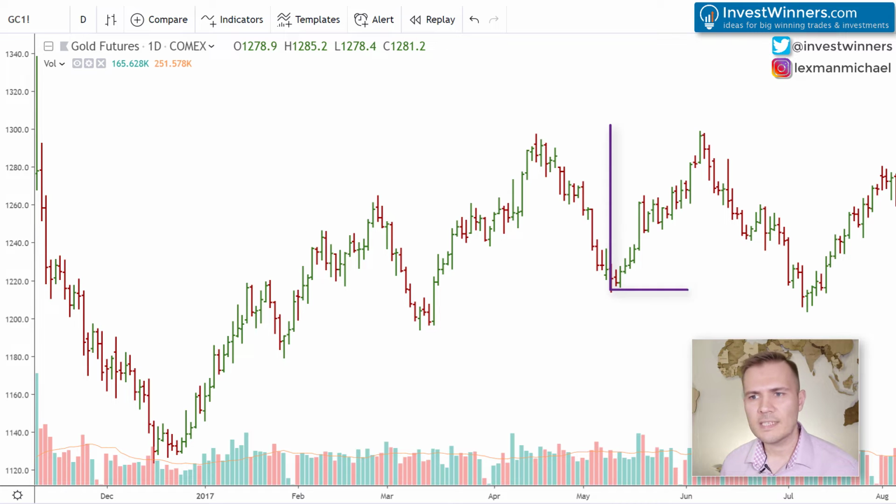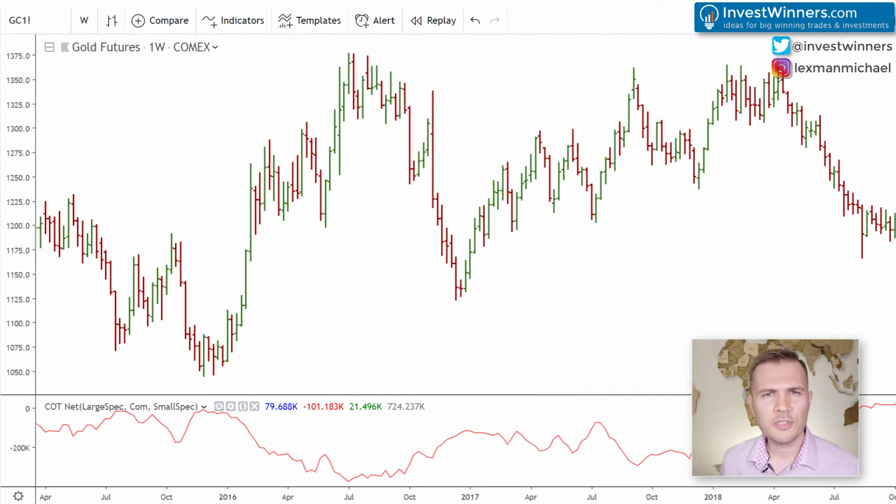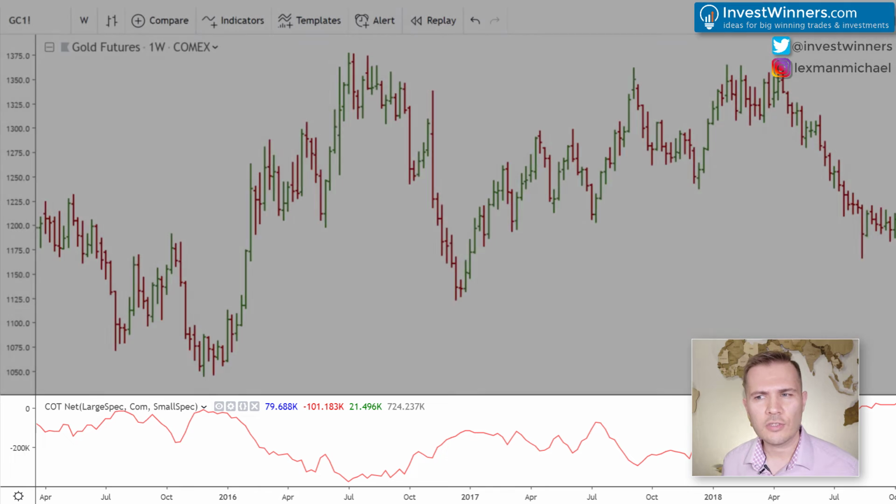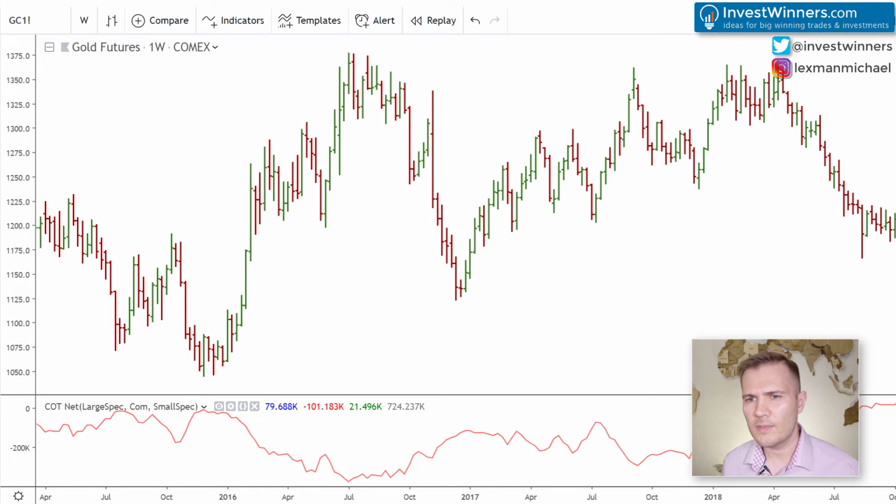For example, this uptrend of gold futures is the result of the big money pattern. Let me show you how it works. Do you see this curve? These are the commercials net positions. Commercials are the largest players in the futures market, in this case the largest producers and users of gold, who provide weekly data on the changes in their net positions. These data are published in the weekly COT report.